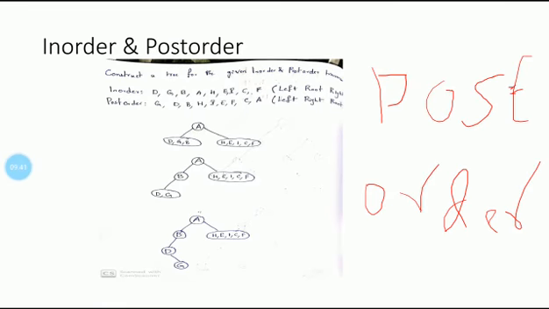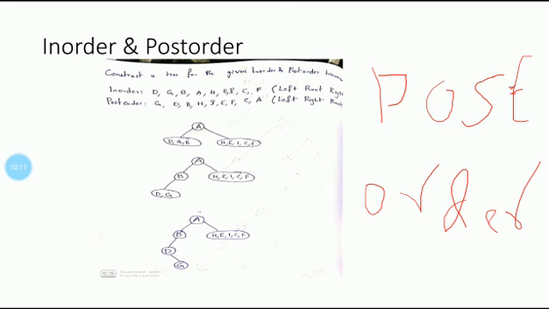Again, in this particular problem also, by looking at the in order sequence, we cannot find the root node, because the in order sequence is left, root, right. We don't know how many nodes are available in the left part of the root node, and how many nodes are there in the right part of the root node. So we can't determine the root node by looking at the in order sequence, but by looking at the